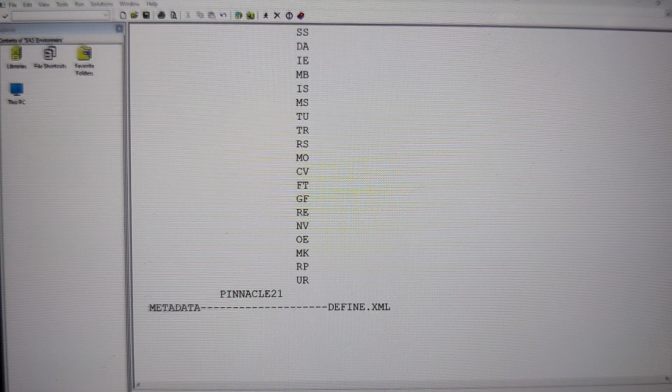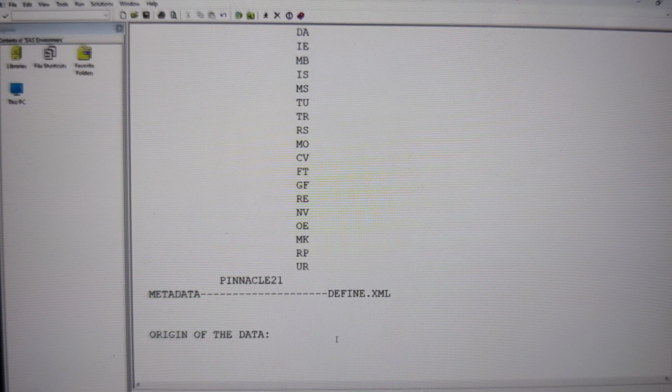The first one that we are going to have is the origin of the data. From where are we originating this data? Generally, in SDTM, from where can we get the data? How are we going to populate the data? I told you, 80% of the time, the data we are going to get from the CRF sheet.